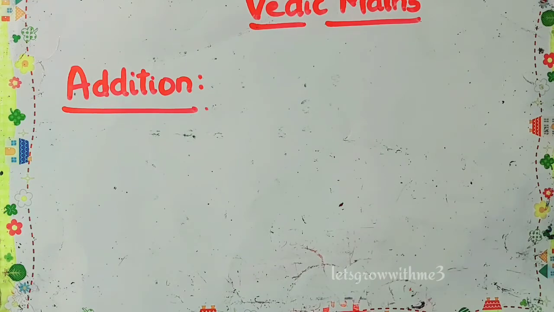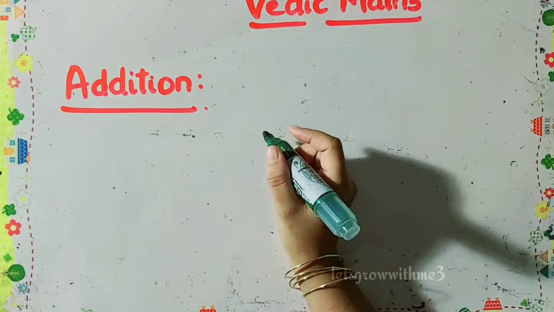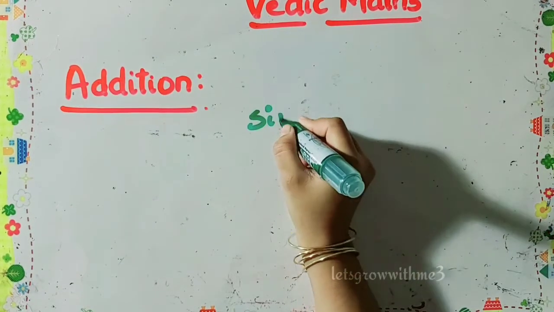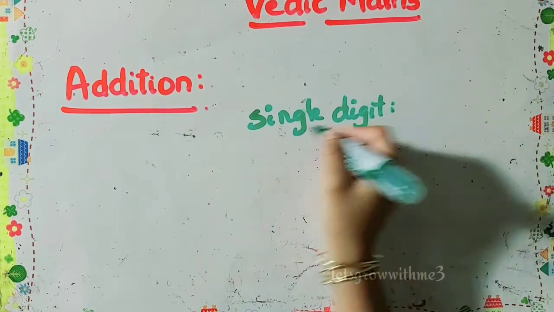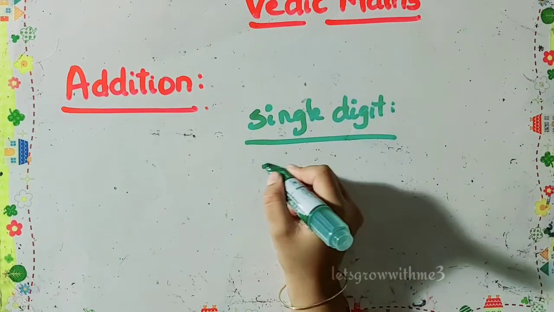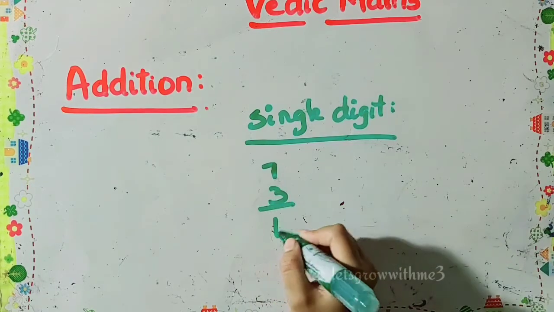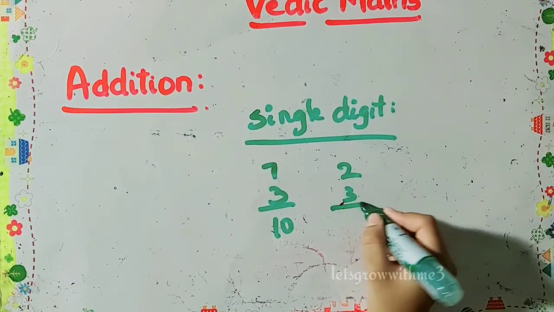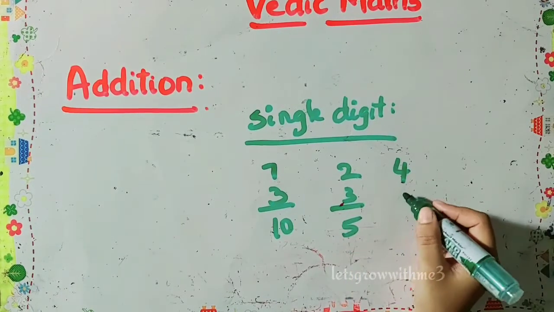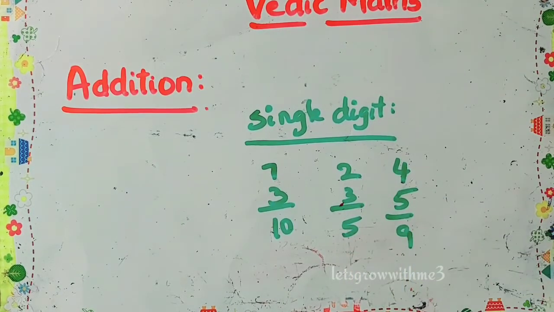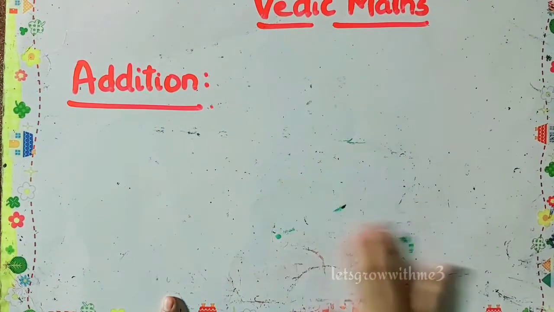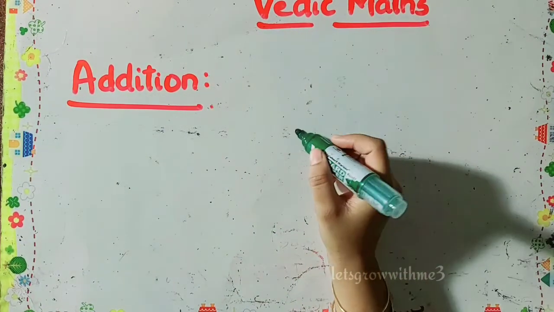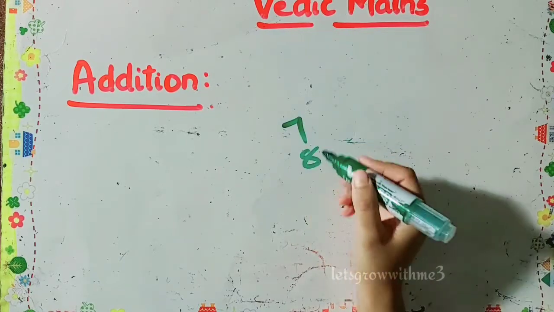Let's get started. So first of all, here I want to discuss single digit to single digit addition. So again we have the two combinations, carry and non-carry, which we are discussing here, the revision of addition table. So for example, if you have 7 plus 3, it's very easy to do. 2 plus 3 is 5, and 4 plus 5 is 9. So these are all very easy ones, non-carry. Next we will see single digit to single digit addition with carry. So these are all examples which we already discussed in the addition table.